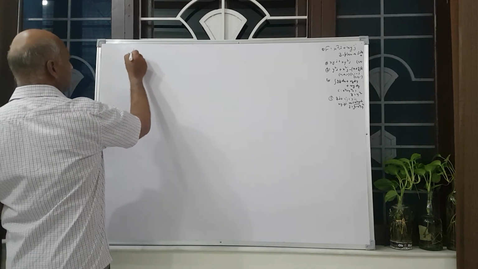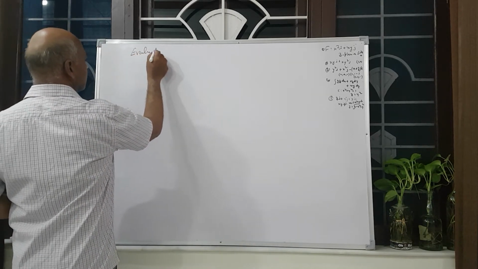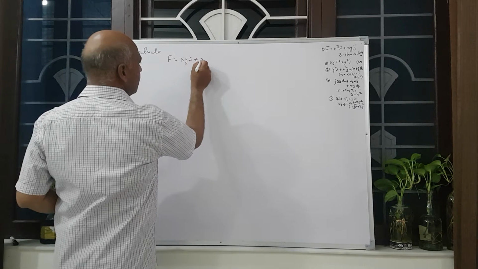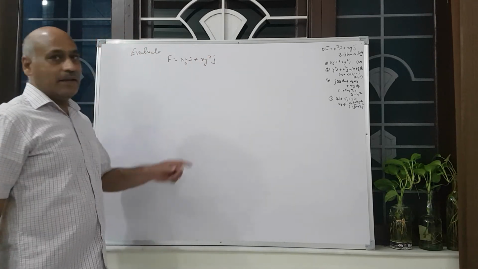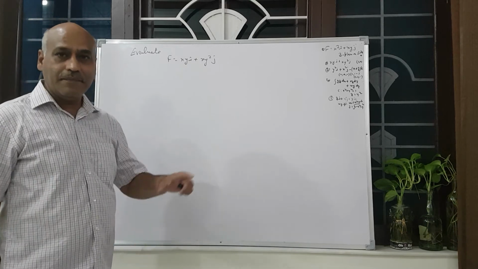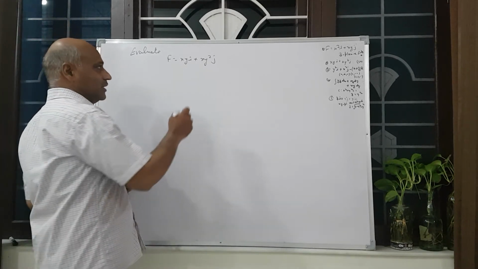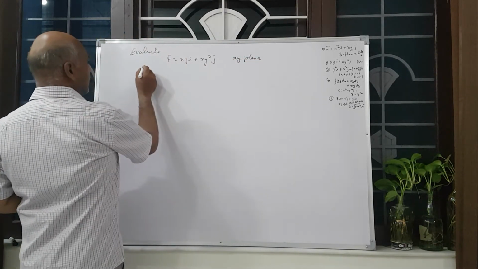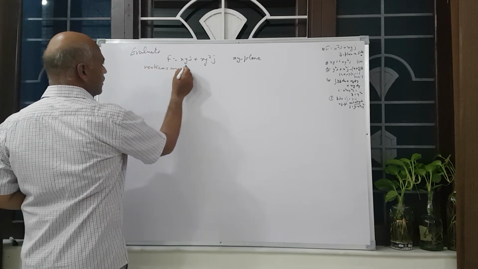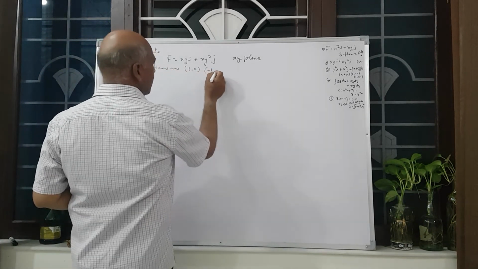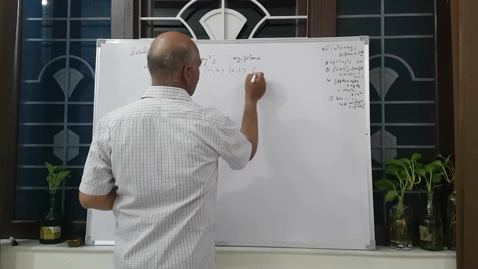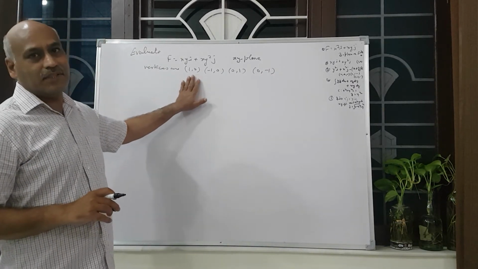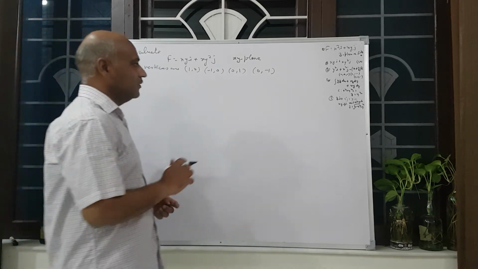Now we evaluate Stokes theorem. So F is xyi plus xy square j in the xy plane, where the vertices are 1 0, minus 1 0, 0 1, 0 minus 1. So these are the vertices of a square. If we draw this one,